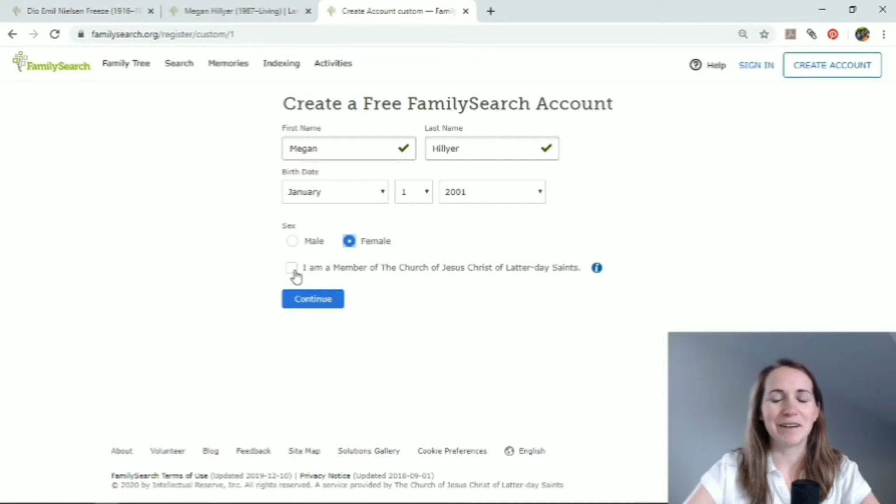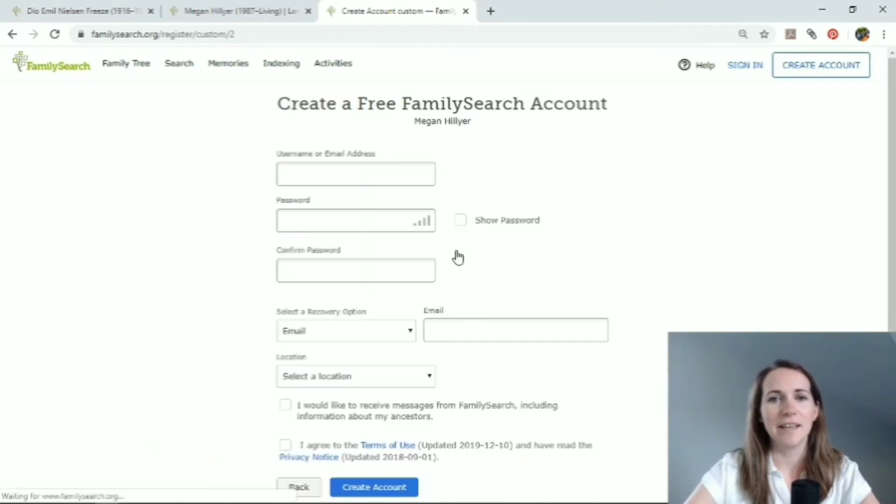And if you are a member of the Church of Jesus Christ of Latter-day Saints, you can check this box, and then it will take you and you'll need to add your membership number into there. You can find that on your Temple Recommend, from your ward clerk, or from even LDS Tools has it on there. I'm going to uncheck that for this video, but we would just say continue,